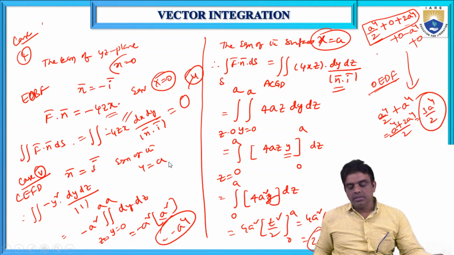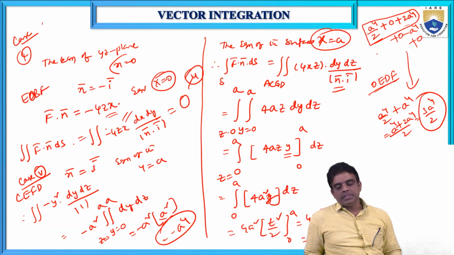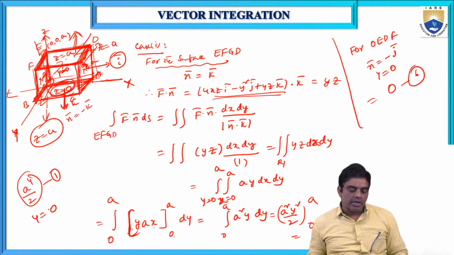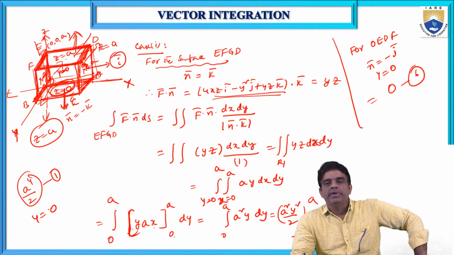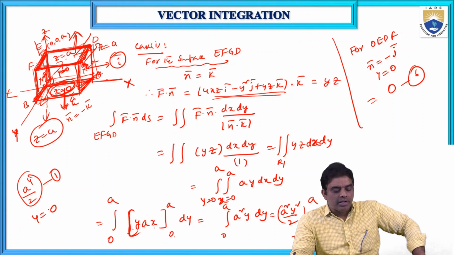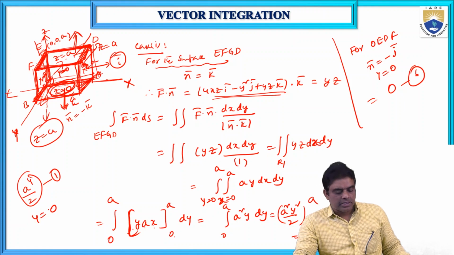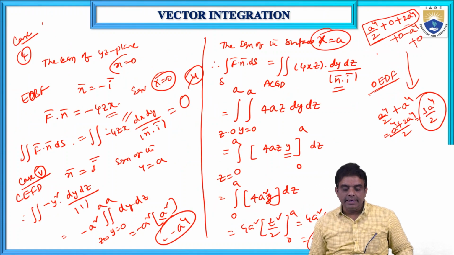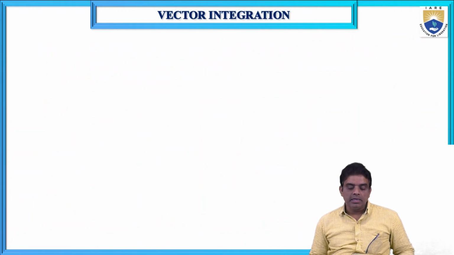Yes, so you have to consider all the cases. That is only the laborious work. But the understanding is very simple, no need of getting any difficulty in this. Just consider the cube and identify the outward normal vector to the surface. In each case, you need to calculate n bar. So we will do a similar problem in the same session, so that you can get easily how to evaluate the double integral using this square or